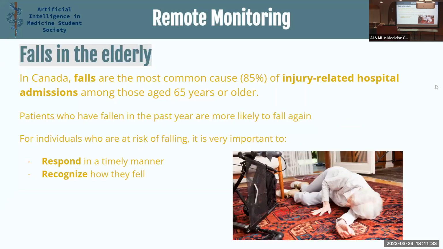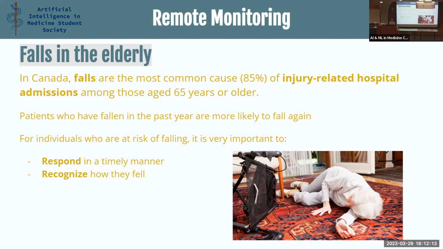Just some examples of work that has been done in the past are falls in the elderly. So the other day I was working in the family medicine service at the Grey Nuns Hospital, and there was a patient that I saw who had a fall at home, and she wasn't found for another 36 hours. She lives by herself, and she has really good kids. They check up on her every day, which is actually better than most kids. But she fell off the stairs, didn't know what happened, and she was lying there for 36 hours before she was found by one of her daughters, who came to check up on her because she didn't answer her phone call.